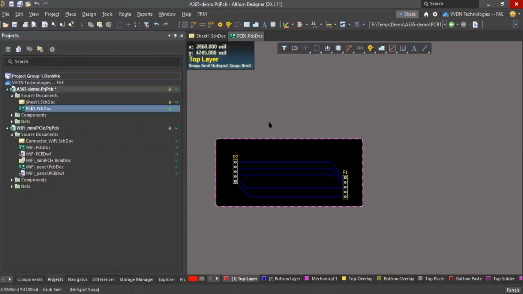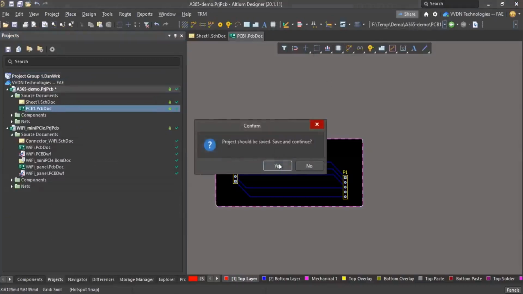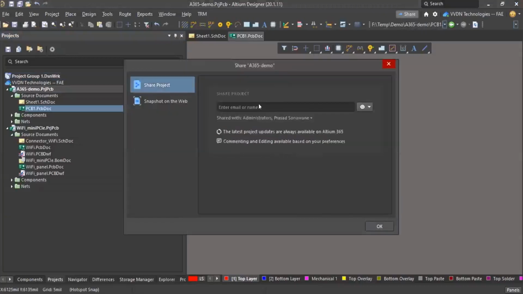Apart from this, if you want to share the project with any of your manager or customer, in that case you can right click. If you are using the 20.1 version, here you can see the Share button. Okay, you can select the project, you can click on this share. To share the project with whom, you can select the mail IDs, or if you have already added some people in the Altium 365 workspace, you can just select that person and then share it with them.